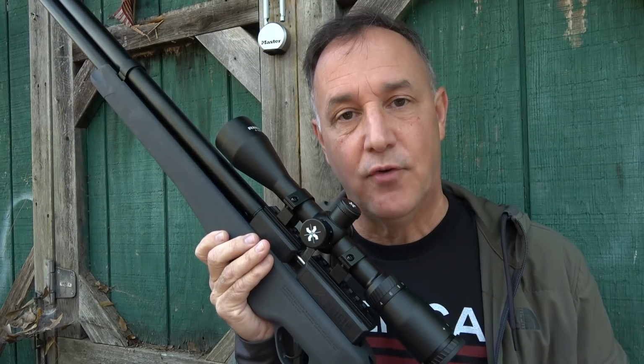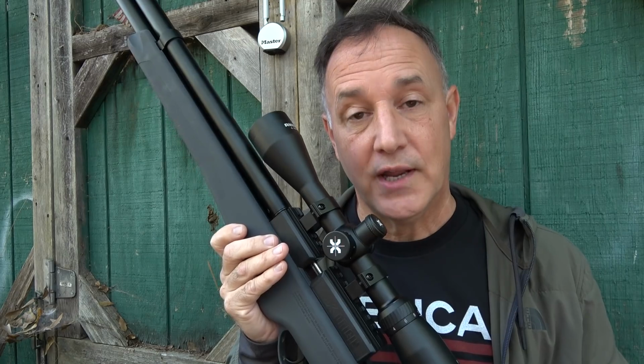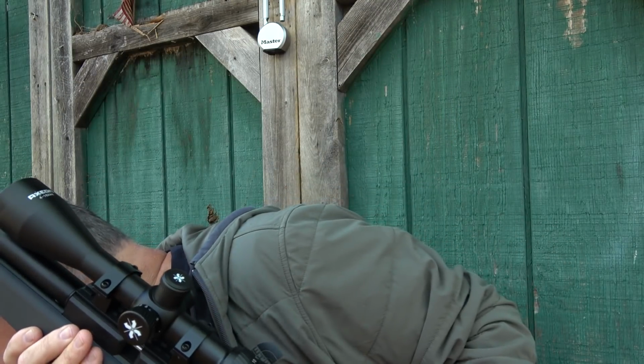So guys, if you're looking for a solid air rifle, and really with the price coming in at, and there's a lot of really cool purposes